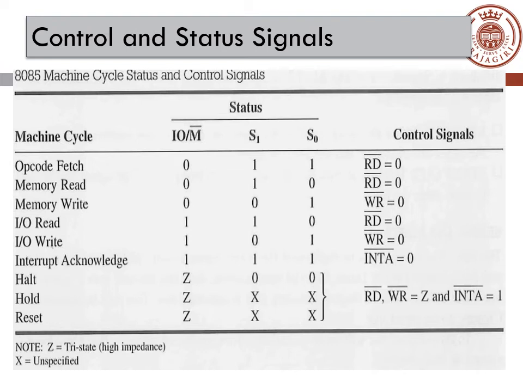And suppose you are going to give an interrupt acknowledgement. Suppose the microprocessor is giving an interrupt acknowledgement. In that case, all the three values are taken as 1 1 1. In that case, the INTA bar signal will become 0. Okay, and you have three more operations: halt, hold, and reset. If you want to generate these three conditions, the IO bar M bar signal is taken as Z, which means that it is a high impedance state, along with the corresponding S1 S0 values. That's how you generate the halt, hold, and reset signals.